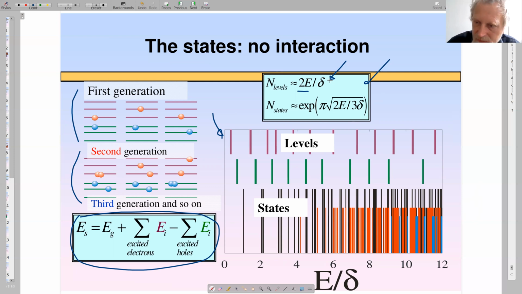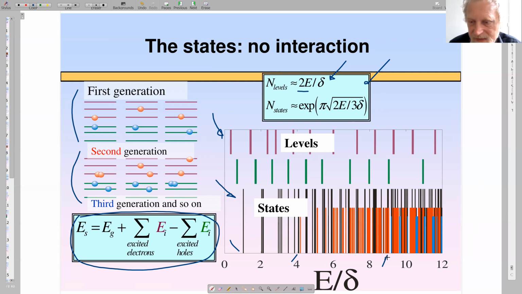Okay, and what did I do here? I plot the energies of the states of first generation in black, second generation in red, third generation in blue. As you understand, you pay more energy to excite more electrons, so all the spectra start with increasing energy. But what is more important for me